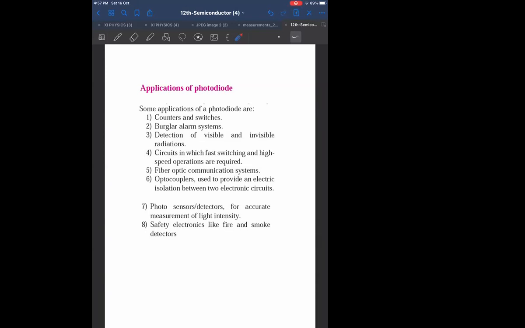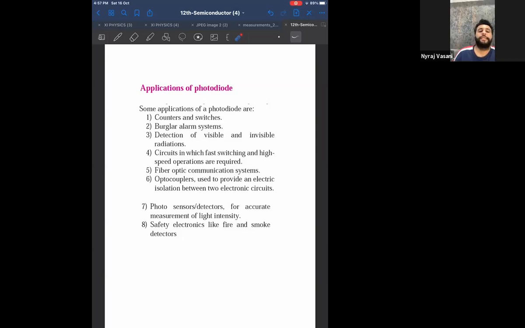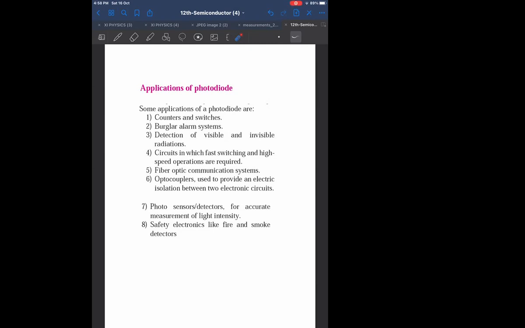So what is counters? Leron is asking what is counters. You know what is counters? Counters is, for example, in a shopping mall, if number of people enter, on top they have a counter. How many people have entered? You have a money counter. When you keep the money, it counts and tells you how many notes are there. That is also a counter. Anything that counts. Okay, got it.